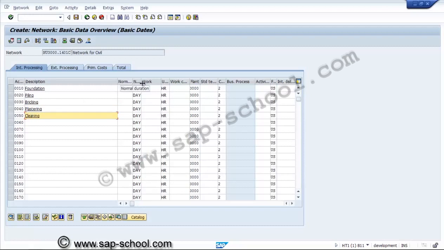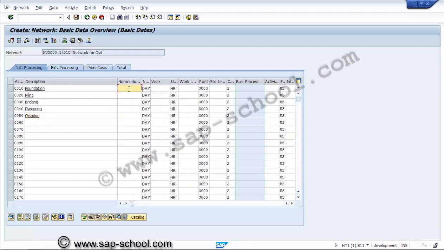And we have to tell about normal duration also, how many days it may take. This we can say 90 days, this is 45 days, this is 30 days, 45 days.